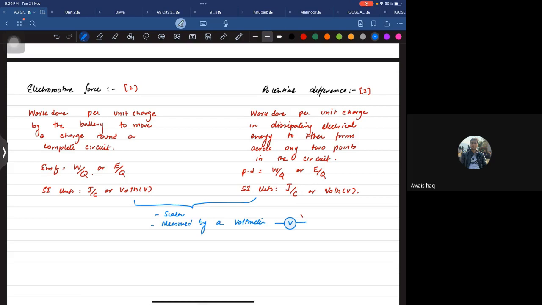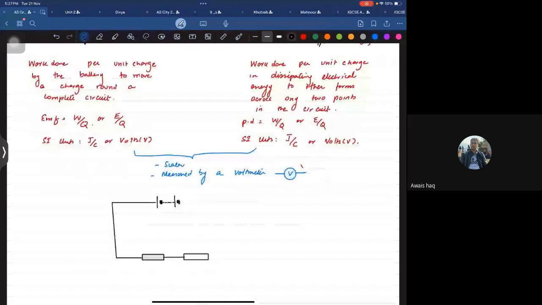Then next. If you place a cell or battery,